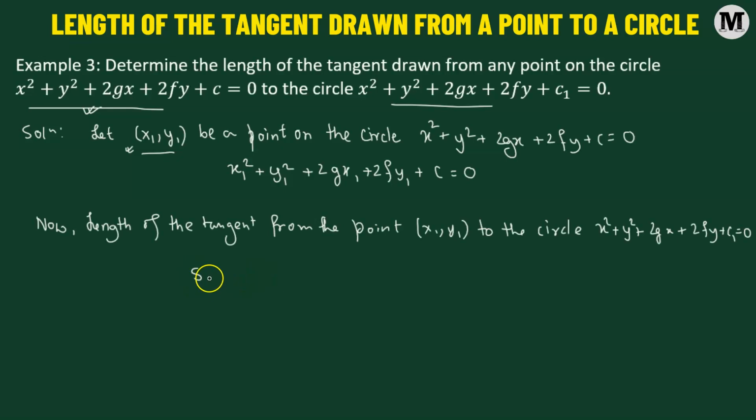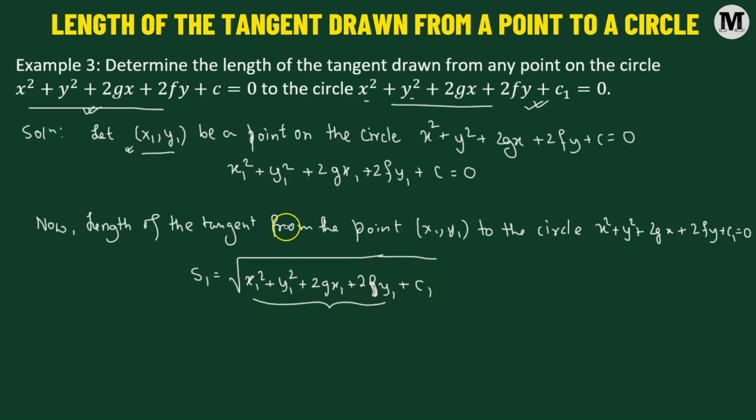So we're going to denote the length by s1. Its formula will be, we'll take the square root. All we have to do is replace the value of x with x1 and y with y1 into this equation of the circle. This should give us x1 squared plus y1 squared plus 2 times g times x1 plus 2 times f times y1 plus c1. However, we can replace this value. We can use the first equation. From here, we can say that x1 squared plus y1 squared plus 2gx1 plus 2 times f times y1 will be equal to negative c. So if we replace this value, we are going to get square root of,